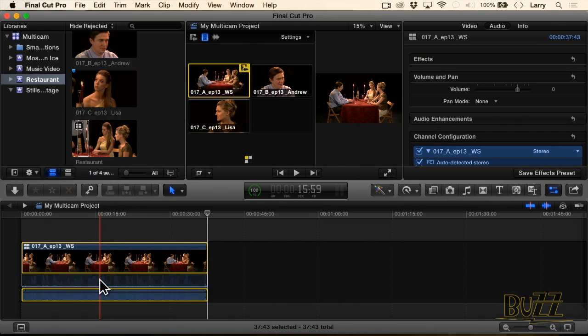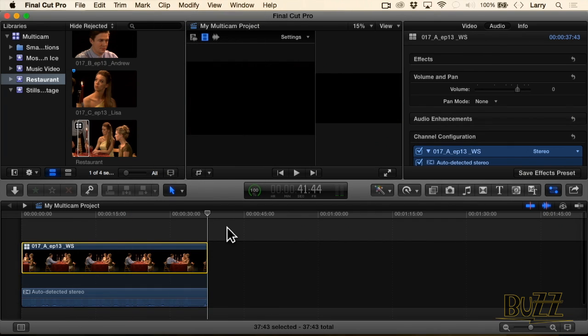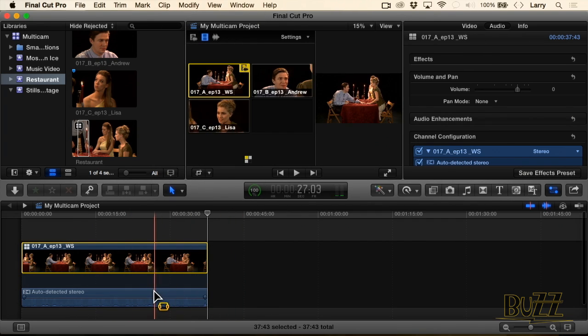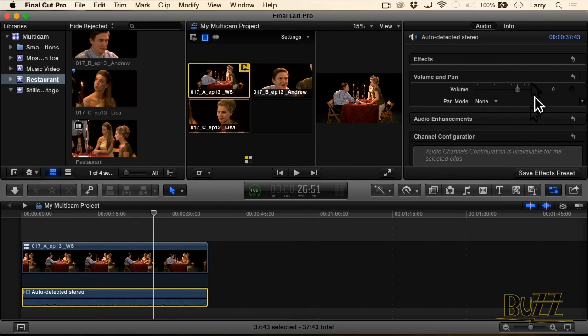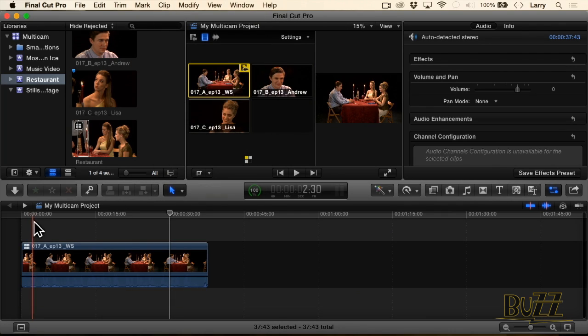By the way, to see the audio, double-click, and I can separate that, or expand audio components, and I can see all of the tracks of my audio. The big benefit is being able to manipulate our multi-channel audio in the inspector. Remember, I'm not doing mixes. I'm just able to hear individual tracks of my audio as I switch to those cameras. So let's start